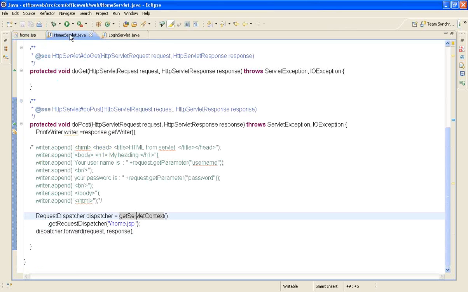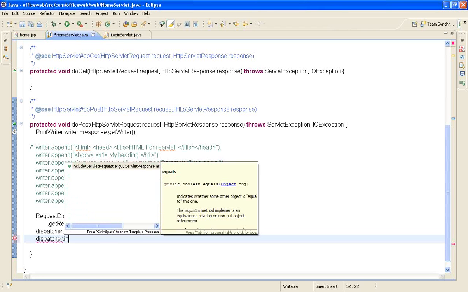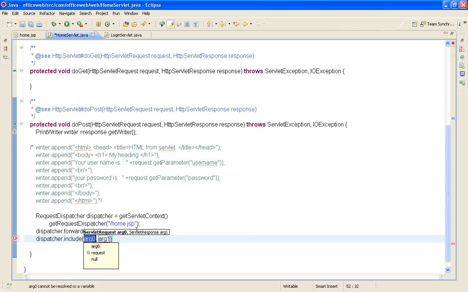One more thing that I really wanted to explain is about the dispatcher, not with the JSP. I explained the forward logic and response redirect. But then you have something called include as well.